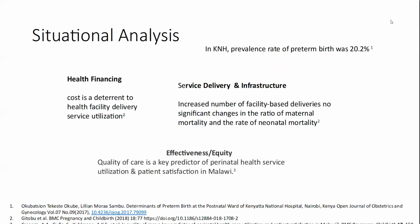In terms of situational analysis, I think a lot of what is being presented in the symposium really explains what the situation is. What I've done is just try and present one or two facts. What I'm trying to put together is the health systems building blocks. So the ultimate is service delivery, and we do know that despite the investments that have been made, there's still inadequate service delivery. One of the studies shows that despite facility-based deliveries going up, there hasn't really been a significant change in mortality figures, either maternal or